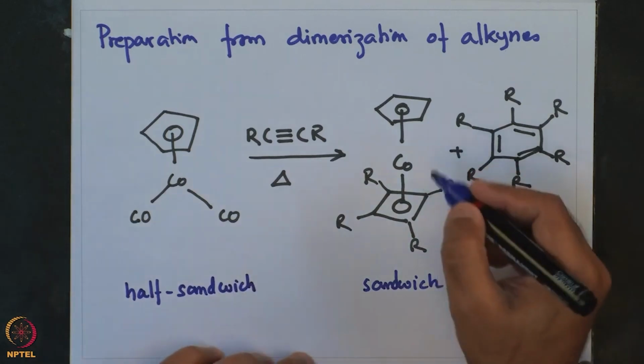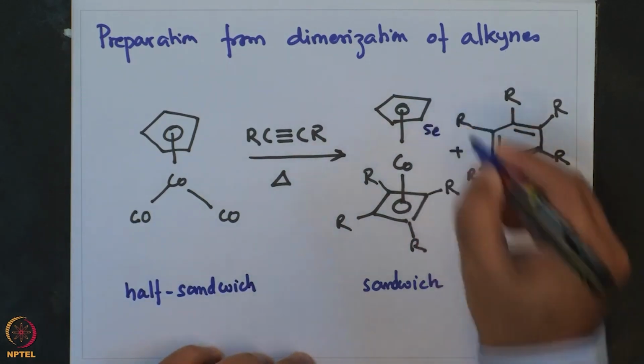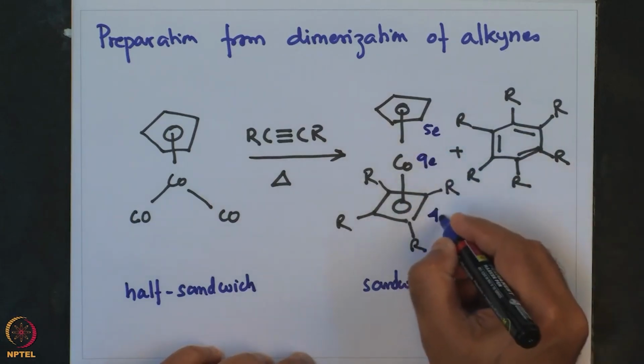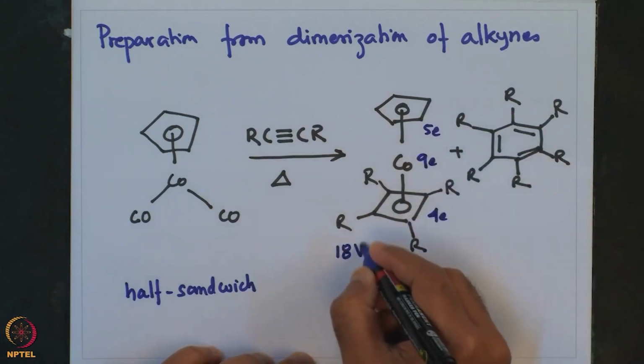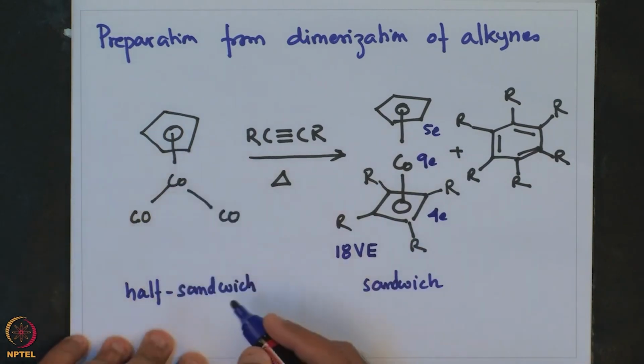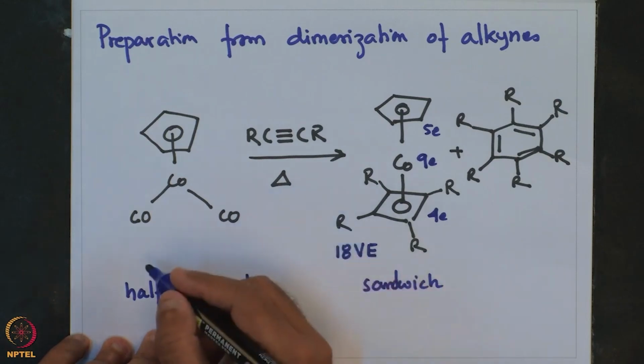Both are also 18 electron species. This is 5, 9 and 4. So this is an 18 valence electron species, as well as the cobalt precursor is also an 18 valence electron species,